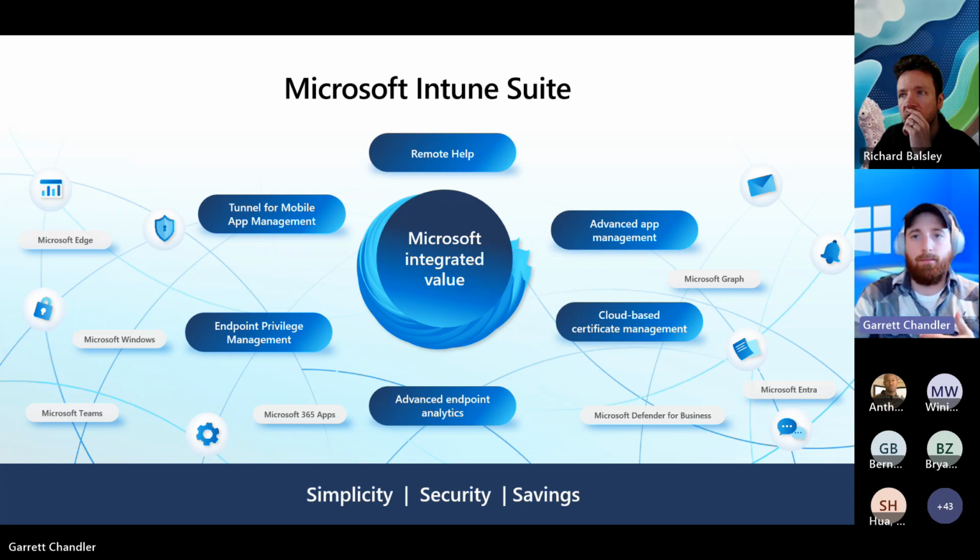So what Tunnel for mobile application management does is say, okay, when you access this application, we're actually going to establish a secure connection to a VPN using something like MDE, where you VPN back into your network or create a secure connection. And so, I don't know, from education customers, this has